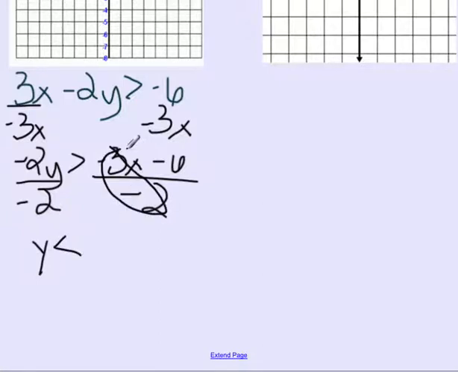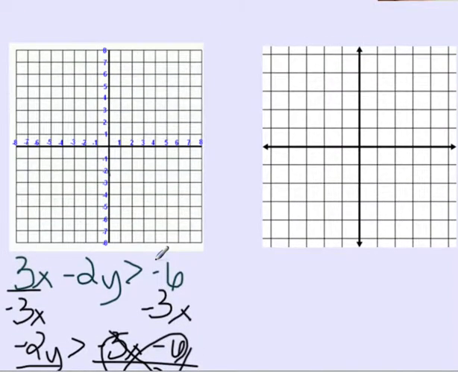And now I need to divide each of these terms. So -3 over -2, that's going to become positive, and we have 3/2 x. -6 divided by -2 is going to be a positive 3. So let's go ahead and graph that. So we're crossing the y-axis at 3, and then we're going up 3 and over 2 to our next point,